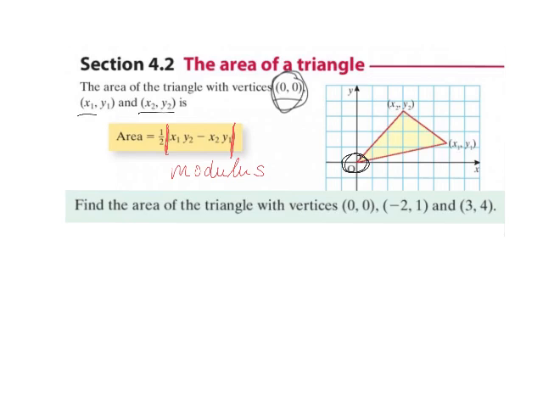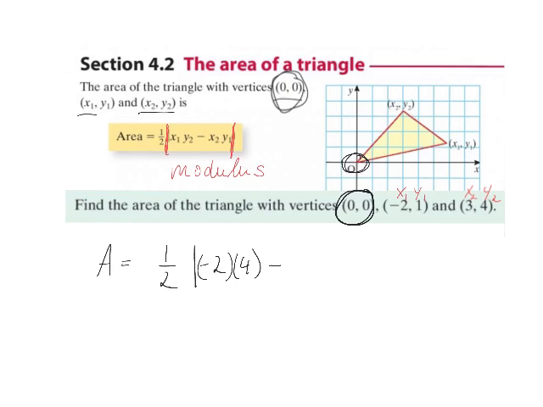Okay, find the area of the triangle with vertices 0, 0, minus 2, 1, and 3, 4. So as we see, one of the points is 0, 0. So this is what we're looking for, and then we are left with 2 other points. And again, we label it x1, y1, x2, y2. And we put that into the formula. The area is 1/2 the modulus, so x1, minus 2, so brackets around it, times y2, which is 4,